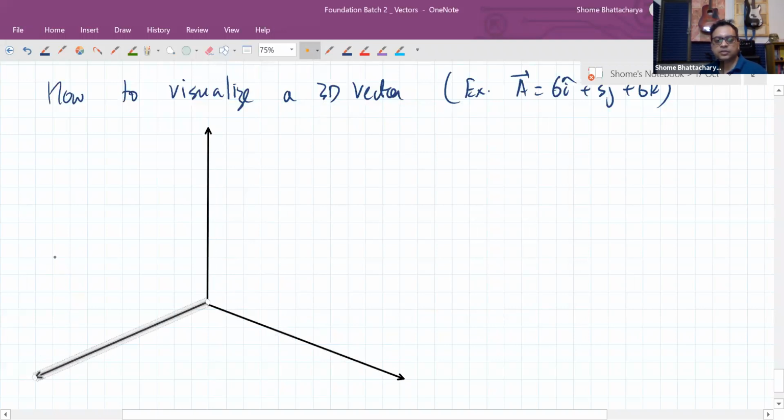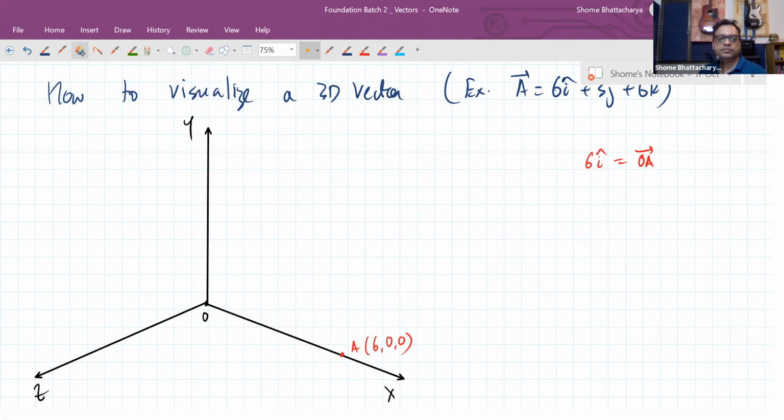If this is the origin of my coordinate frame, of course you have to understand one more thing, that there is also the negative axis, so the z axis continues on this side and that's the negative z axis, the y axis continues down, that's the negative y axis, like this. But now imagine I have a point like this over here, a point A which is given by 6 comma 0 comma 0. So now you can see that the vector 6 i cap is nothing but the vector joining the origin with that point.